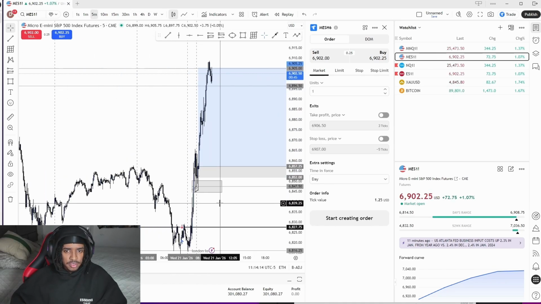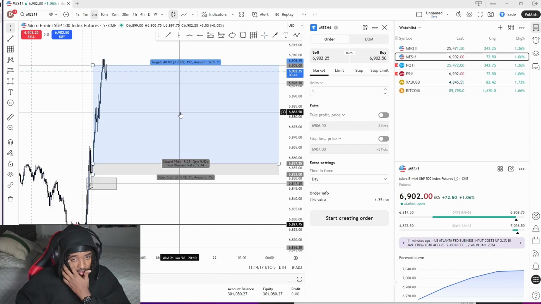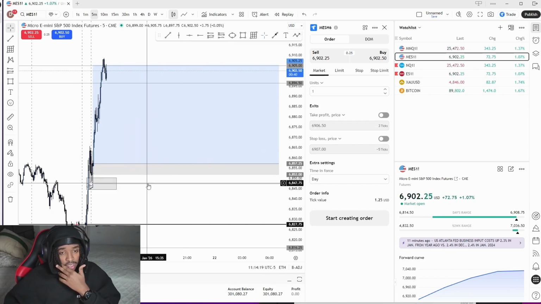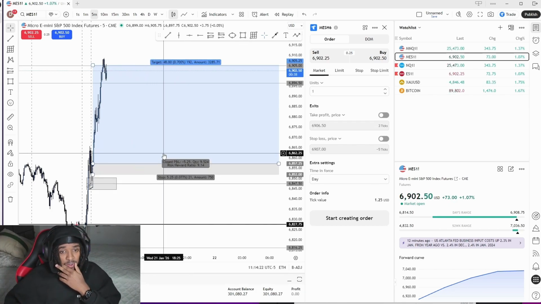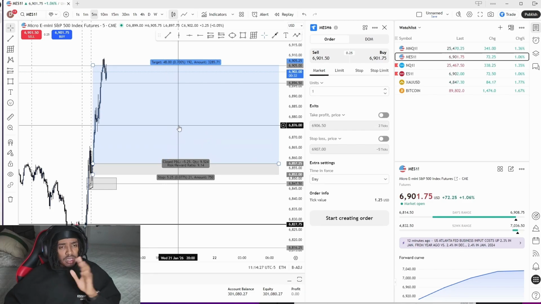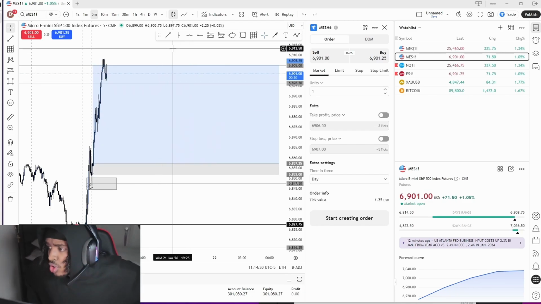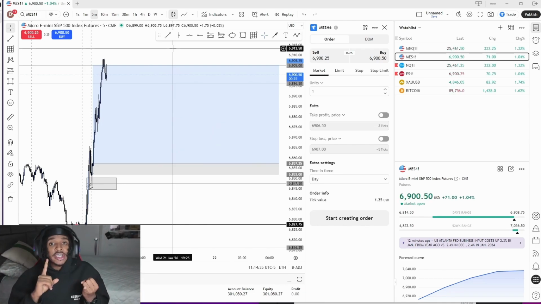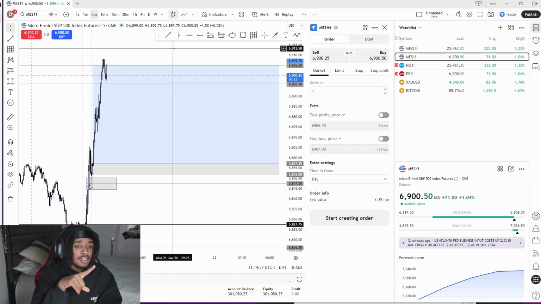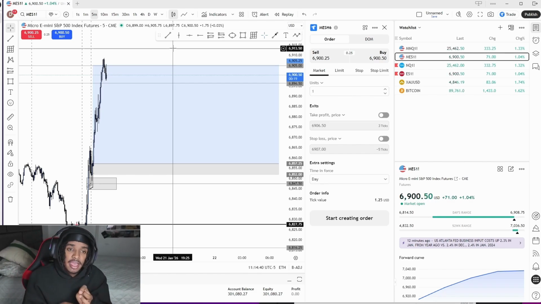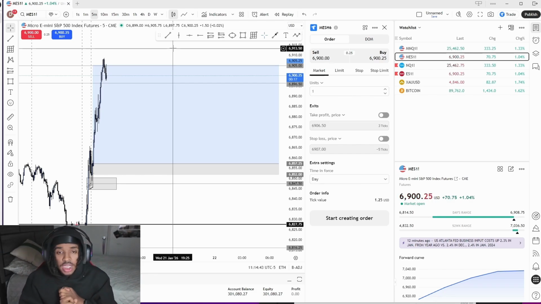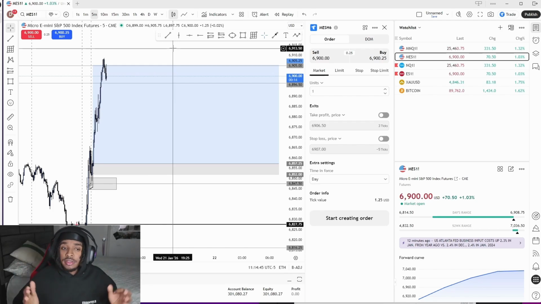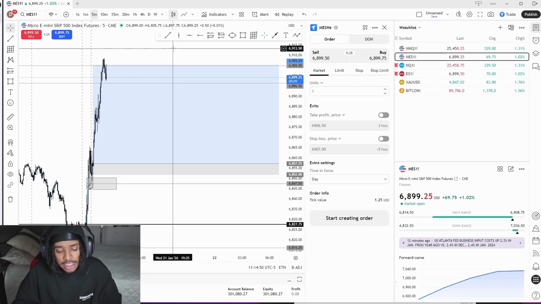One to what was the reward? We don't even know. 9. God damn, 9. Anyways, clean trade. ES, we don't know what happened, but we did go off just SMT divergence, breaker, and an inverse fair value gap, and enter. Wrong. ES was wrong, but what happened? SMT divergence just told me, yo, I ain't gonna lie, you could take it.